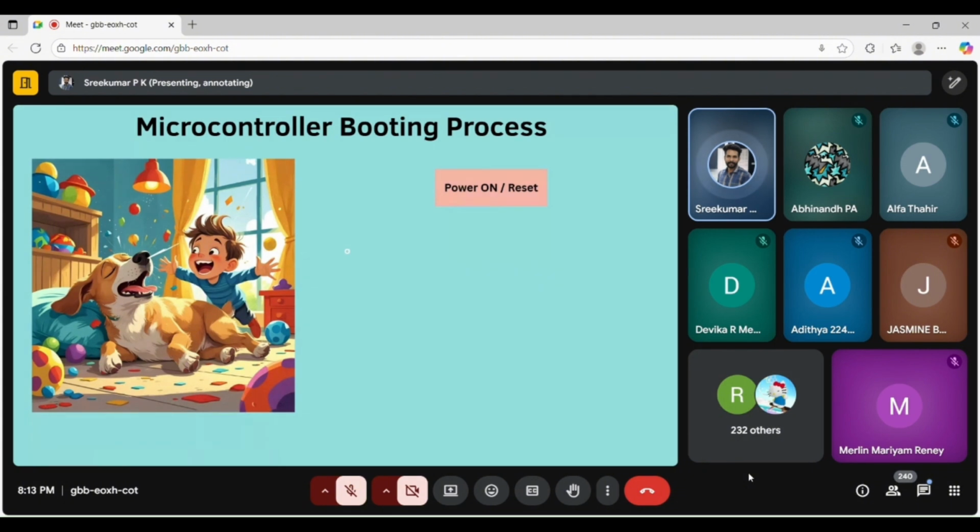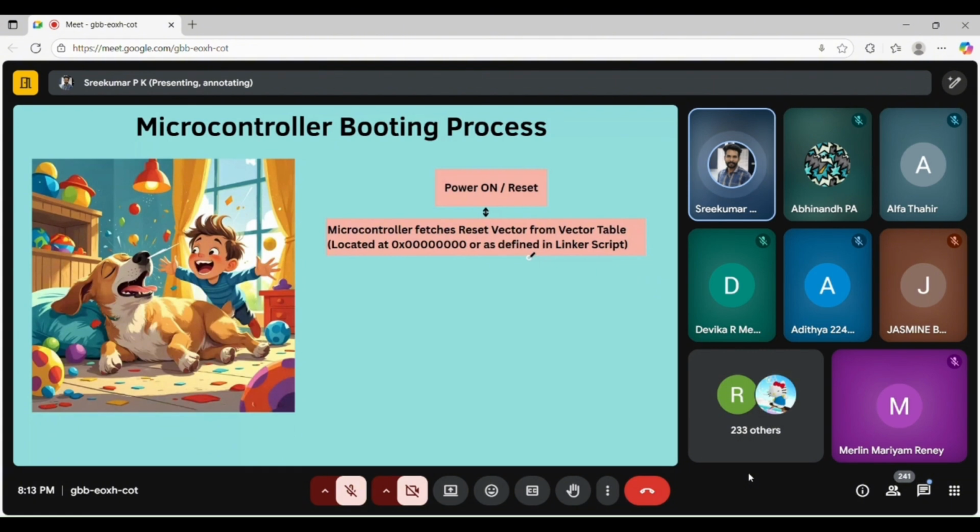On power on or on reset, it initially fetches particular information. The microcontroller fetches the reset vector from the vector table, which is located at 00000, or as defined in the linker script. You will understand what the linker script and the vector table are in the coming lecture.